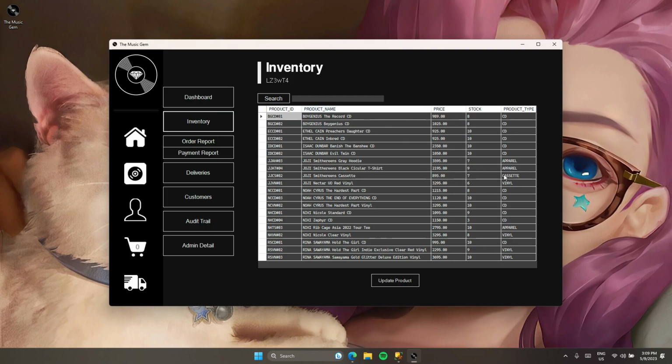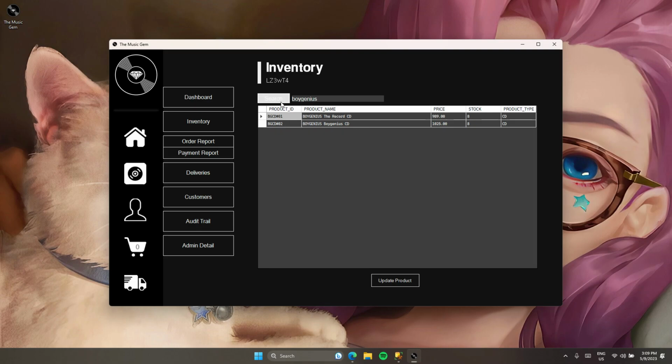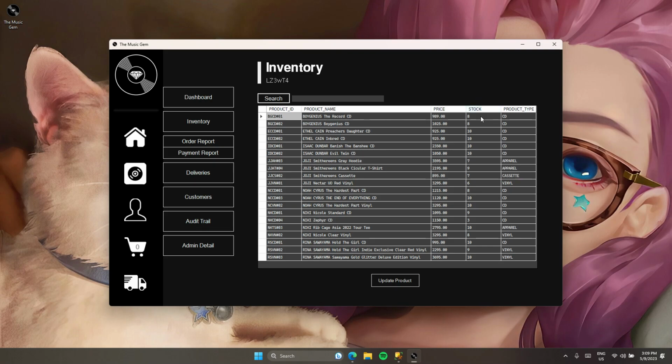The next is the inventory tab. In this tab, we will find records of all the products that we've listed in the store. You can see the product ID, product name, price, stock, and product type. We've also added a search function. For example, we type in Boy Genius, then click search